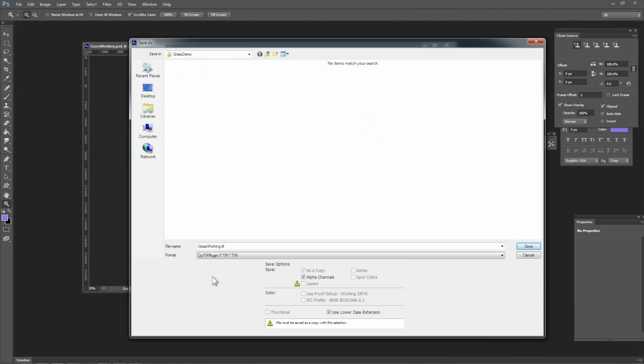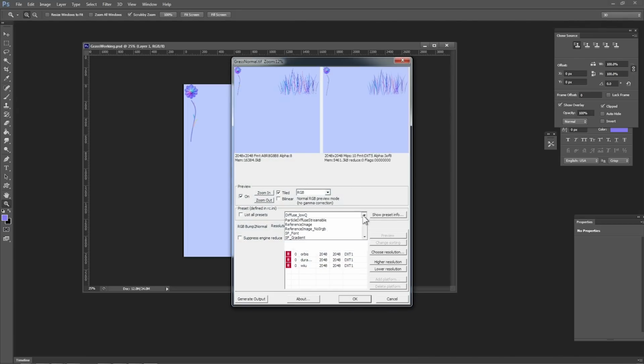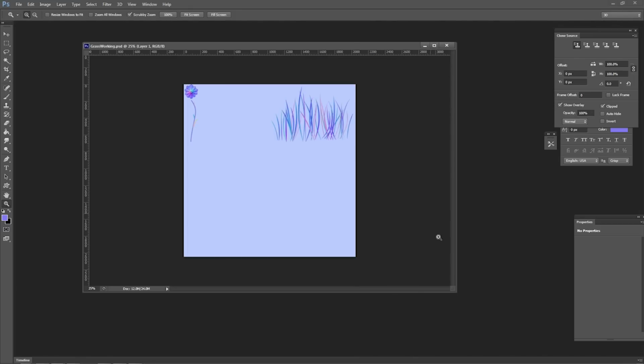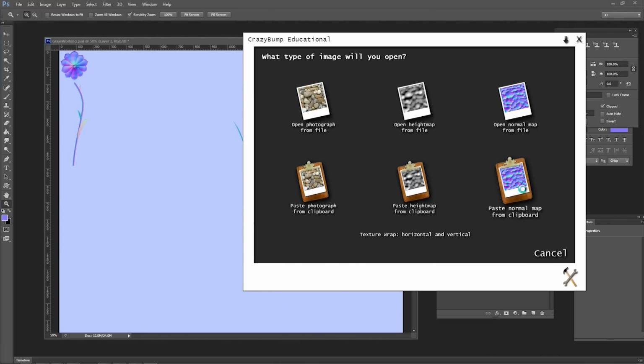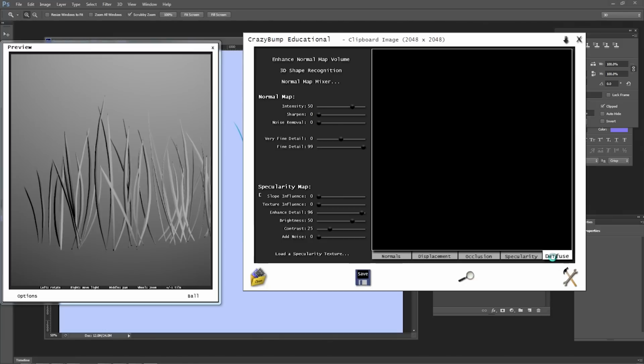I'll choose CryTiff and name it Grass Normal. When the CryTiff plugin pops up, choose Normal Map Low Quality under the preset dropdown and say OK. Next, I'm going to copy the normal map into the clipboard and open up Crazy Bump. I'll choose Paste Normal from Clipboard, and then I'll also go into the Diffuse tab and choose the Copy